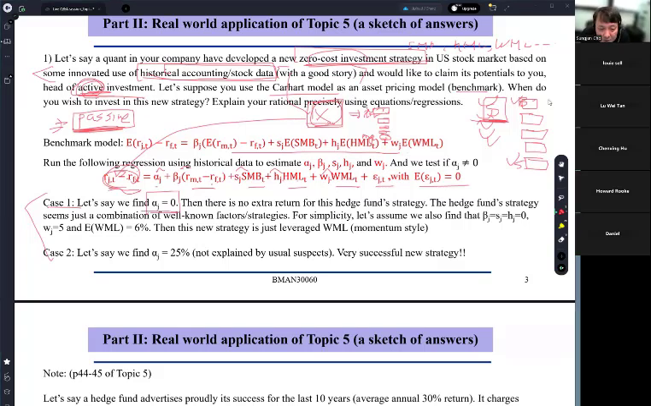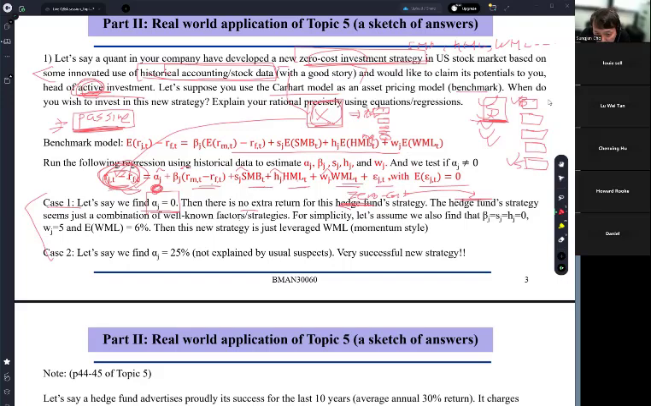Let's say we find the intercept is equal to 0. That means there is no extra return for this. This should be hedged. This is zero cost. It's better to say zero cost strategy. If this is equal to 0, every return you're getting is just the risk premium. Hedge fund, again, the zero cost strategy is just a combination of well-known factors, which are the market factor, SMB, HML,